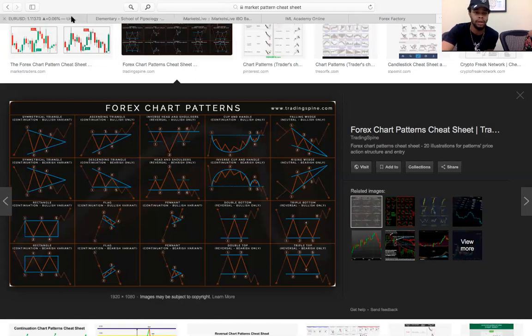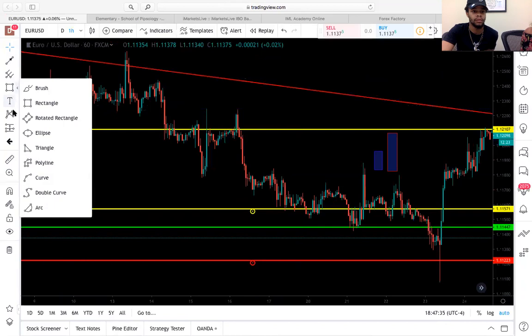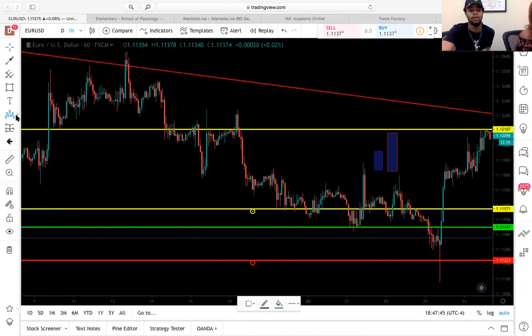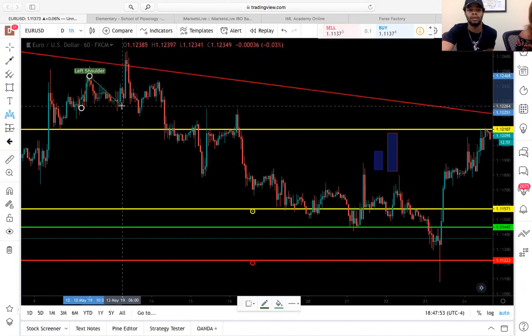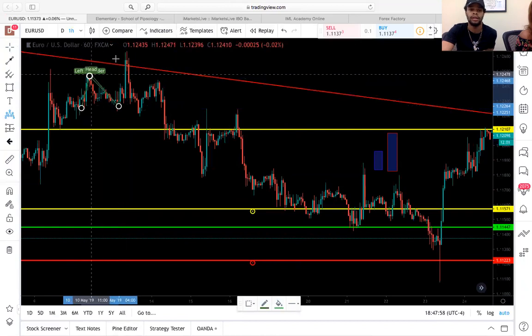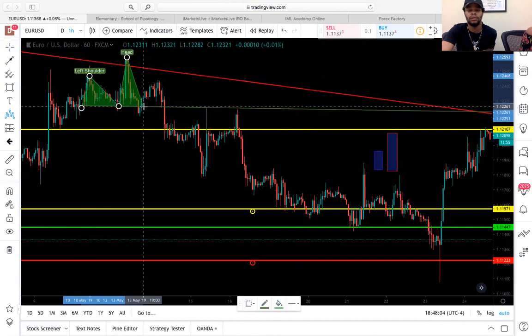So I'm gonna click back up here. As you can see, you can come over here to the tools also. It's the fifth one, or the sixth one. 1, 2, 3, 4, 5, 6. The sixth one. And you're gonna grab the head and shoulders pattern. When you see that, you draw the left shoulder on the left side, head, right shoulder,